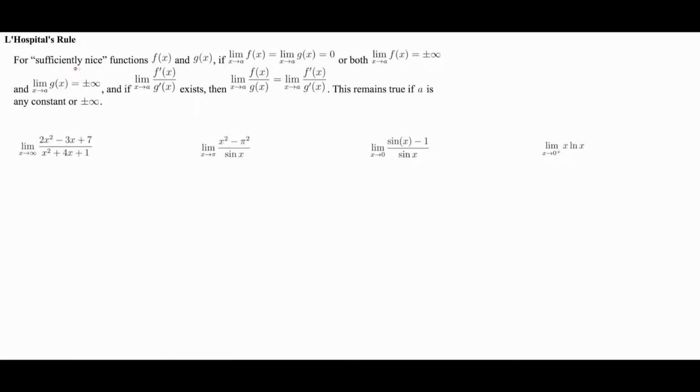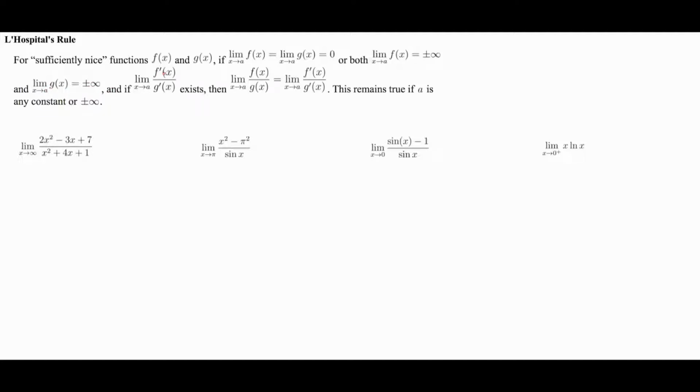This is for sufficiently nice functions. That basically means any of the functions you're really going to see in AP Calc or just regular Calc. Take functions f of x and g of x. If the limit of f of x as x approaches a is equal to the limit of g of x as x approaches a is equal to 0, or both limits are equal to positive or negative infinity,